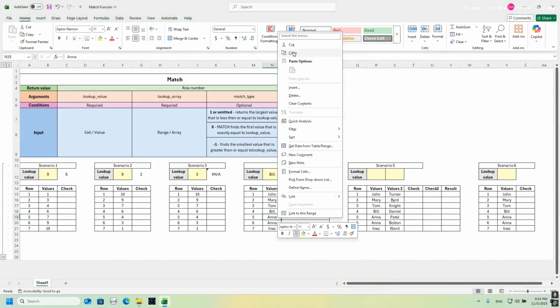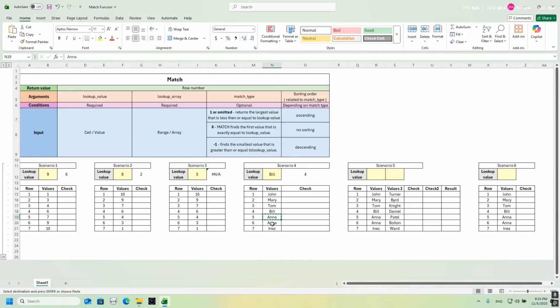Now, if we change that to Anna, and please observe that we have 2 Annas, and regardless of which value I take, Excel will always return the first found value, so the row number for the first found value. And this can be a problem because when you have large data sets, you will need to introduce a second set of arguments. But to do that, first let's look at how Excel is actually comparing those values in the